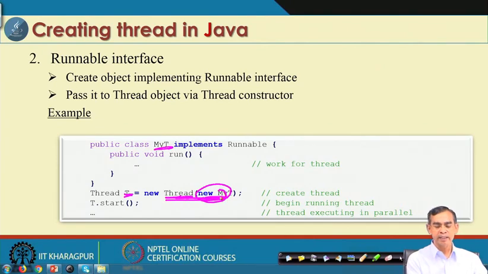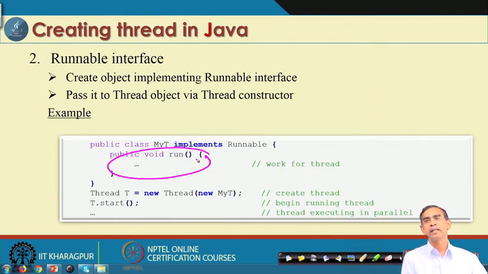In the other case, if you use the Thread class, with new Thread, no argument needs to be passed, so only the default constructor will be used. But here, if you implement the thread class using the Runnable interface, then that object needs to be passed here. That is the only difference; otherwise everything is basically the same. Here T dot start starts the execution of this thread. The run method is defined as it was when creating a class by extending the Thread class, and then T dot start. So both things are here again.